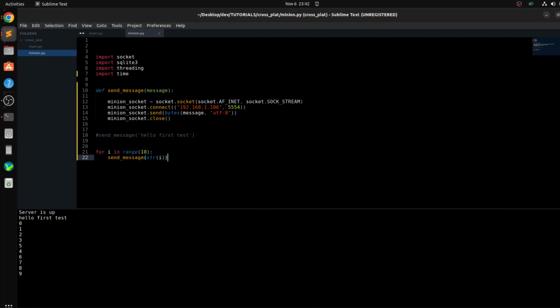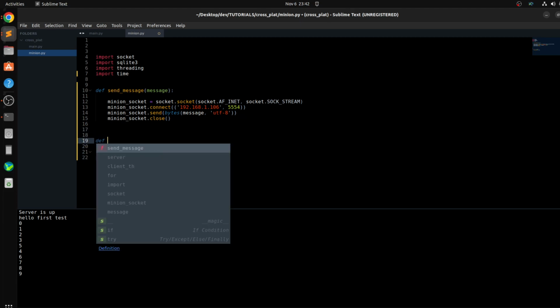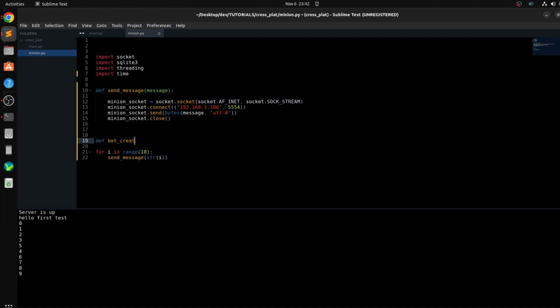concurrent connections. To be able to do this, let's create another function which is going to be spamming multiple connections, like bots, like real and different connections. So def, let's call it bot creator or something like this. And in here what we're gonna do is